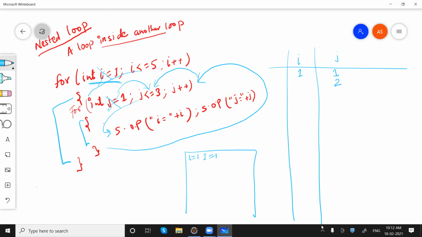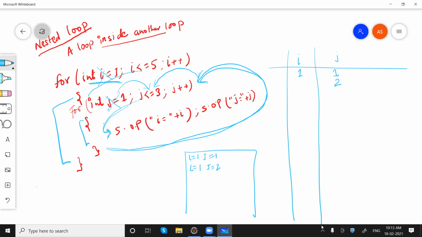We'll go back again here. We'll check if 2 is less than or equal to 3. Yes, it is. Go here and print the value of i and j. So i is still 1, so we'll print 1 and j is now 2. We'll be printing 2.